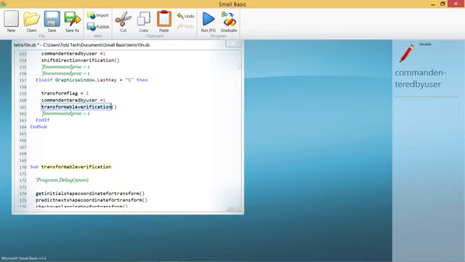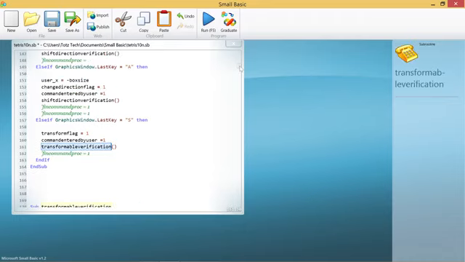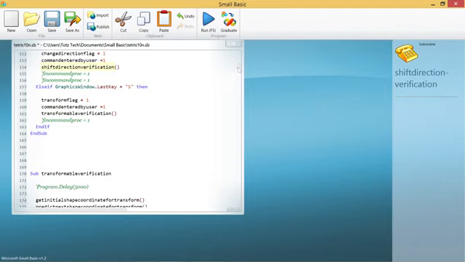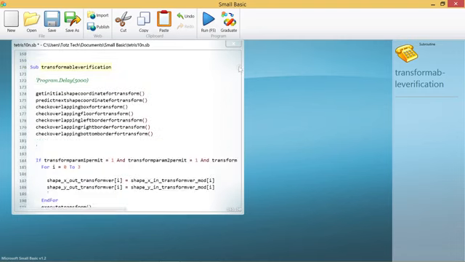program will execute transformable verification. Is it allowed to transform, permit or not? And just to show you this, if the user presses D, it will execute shift direction verification. So let's now examine the transformable verification sub. The transformable verification sub